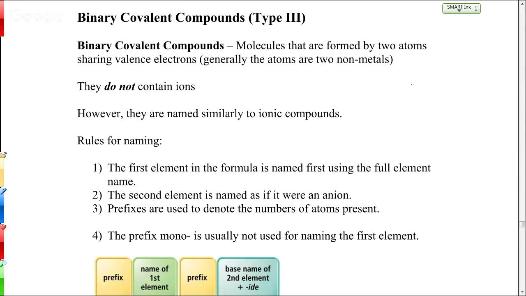And so instead of the bonding being ionic, meaning you have positive and negative ions, you have what's called covalent bonds where the electrons are shared. We'll get more into the details of what covalent bonding means in later chapters. For now, the key is looking at that line on the periodic table. If you've got one from one side and one from the other, or you've got polyatomic ions, then you're using the rules we already talked about, the polyatomic ion naming rules. If you only have nonmetals and they're not grouped into polyatomic ions, then we're all on the right side, and then we're using these rules, which are the covalent compounds.